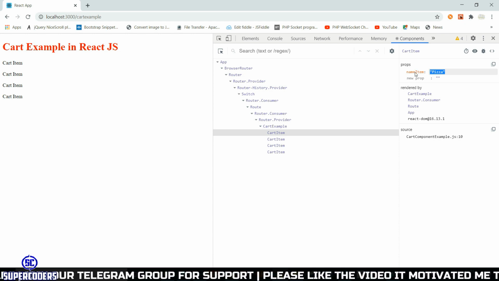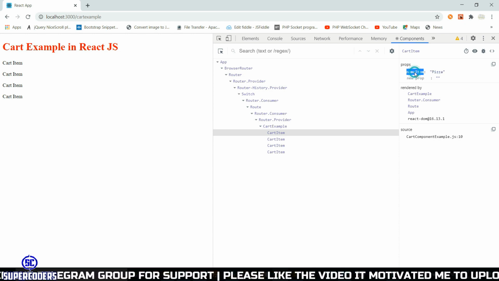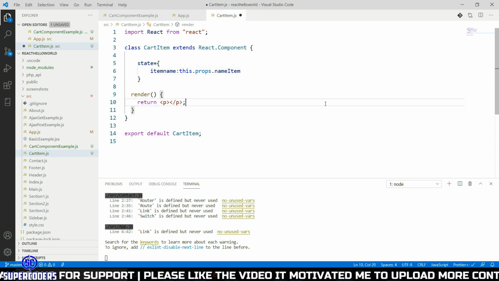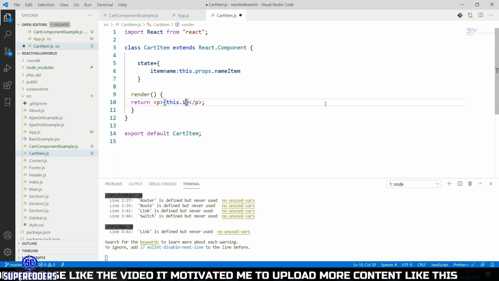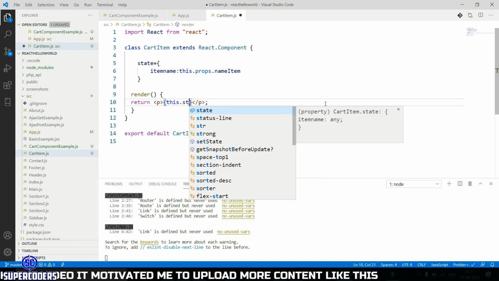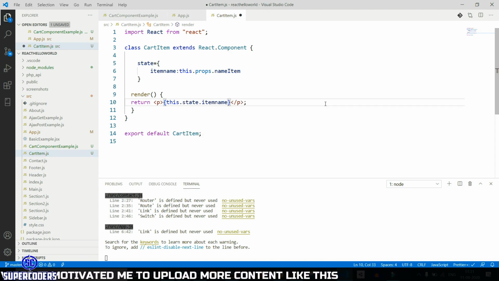So key name is name item. Let's copy it and here pass it. Then print the item name. So this.state.item name.